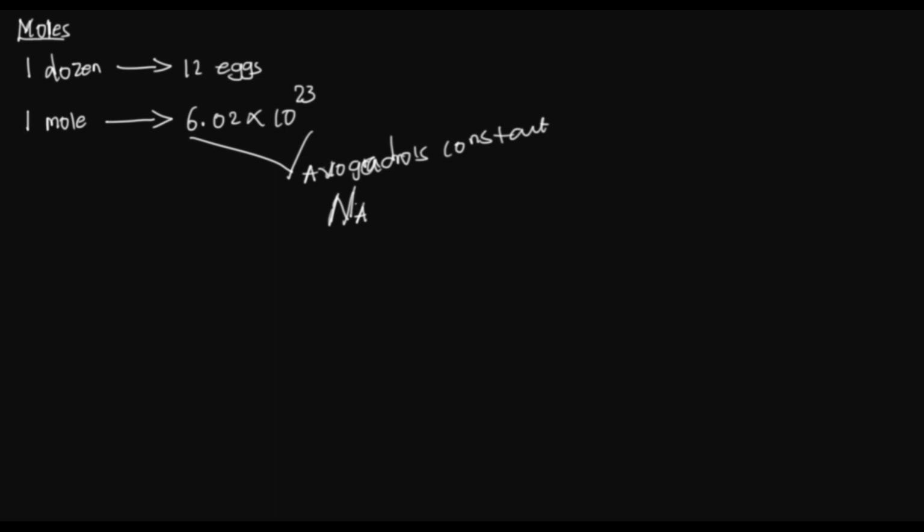Now also we need to know that we can find the number of moles by using Avogadro's constant. So the first formula that we are going to use to calculate the number of moles, and remember, number of moles can be calculated by using so many formulas, but what determines the formula that you are going to use is the data that you are given in a question. So the first formula that we are going to look at for the number of moles is, so say number of moles